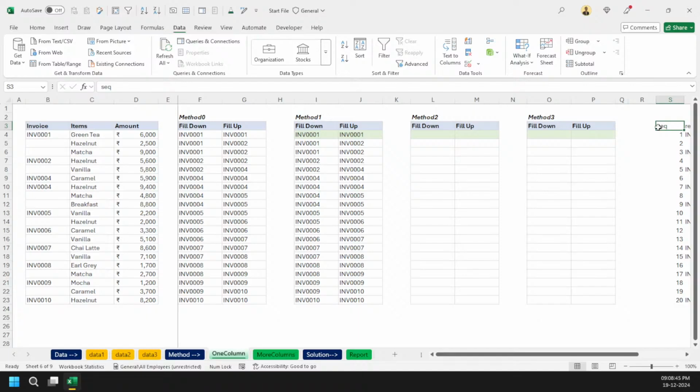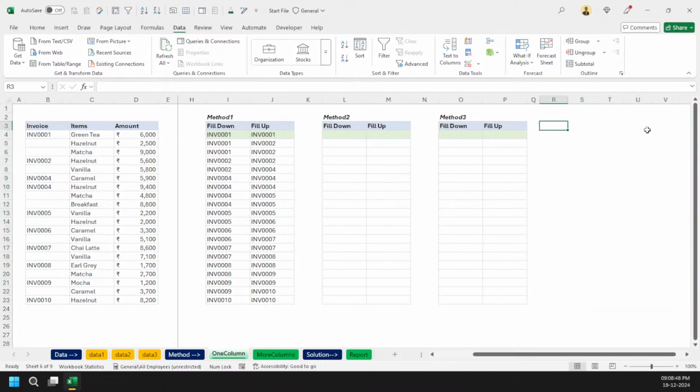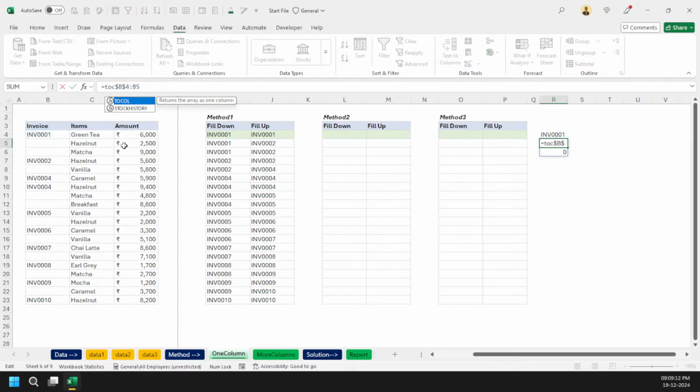Now let me share with you one more trick. Let's just say this way. I will go one by one row, B4 to B4, and let me fix this row. First one. So you can see here, right? I am getting zero. Because I am getting zero, I am going to use this function, the to column function, and then I am going to ignore my blanks. The moment I do that, my blanks are ignored, so we are good to go. All right, this is not a problem.